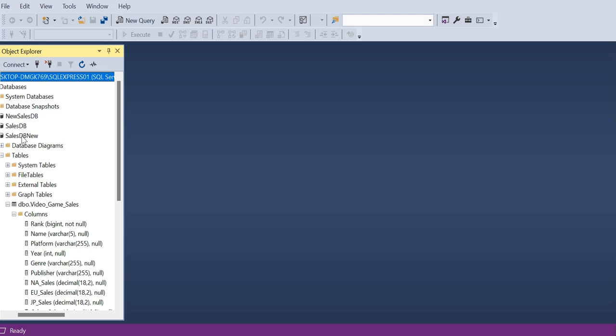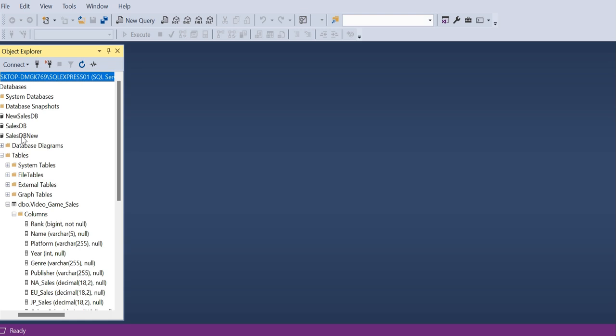For instance, direct query can be used to get data from a Postgres database, Oracle database, and a handful of other databases too. So, if you don't have access to a SQL Server instance, feel free to connect any other kind of database which is compatible with direct query.